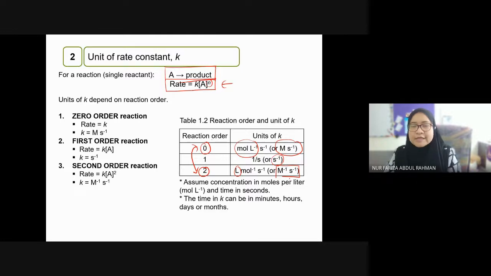What if, madam, I have problem in memorizing formula? So what are my options? Macam biasa, don't worry, you can derive the unit of the rate constant from the formula itself. Let's say for example, if it is a zero order reaction, so the unit of rate constant for zero order reaction will be,